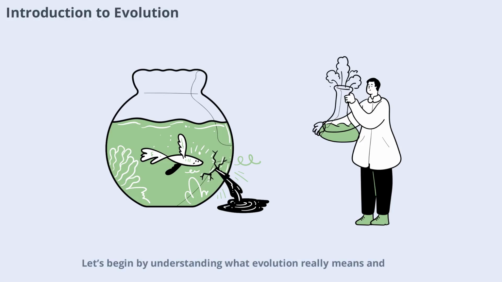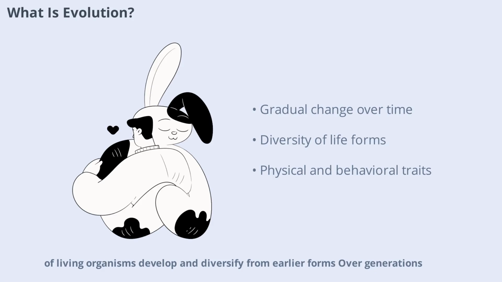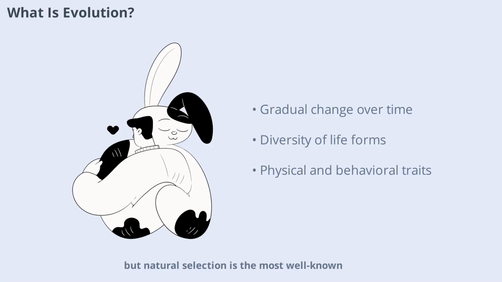Let's begin by understanding what evolution really means and why it's so important to science and our daily lives. Evolution is the process by which different kinds of living organisms develop and diversify from earlier forms. Over generations, small changes accumulate, leading to the variety of life we see today. These changes can be physical, like the shape of a bird's beak, or behavioral, like migration patterns. Evolution is driven by several mechanisms, but natural selection is the most well-known. Understanding evolution helps us make sense of the similarities and differences among species, and even why some diseases evolve resistance